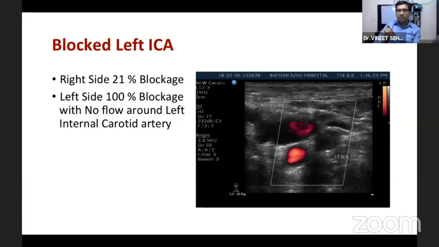So what the color Doppler imaging has told me, from some hint that I was getting from the OBF analysis, I was able to detect something which is more serious, more related to the mortality of the patient. So that's why it's very important that the OBF analysis should not be seen only in terms of glaucoma,